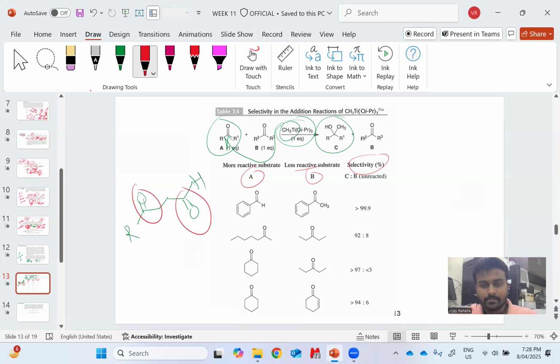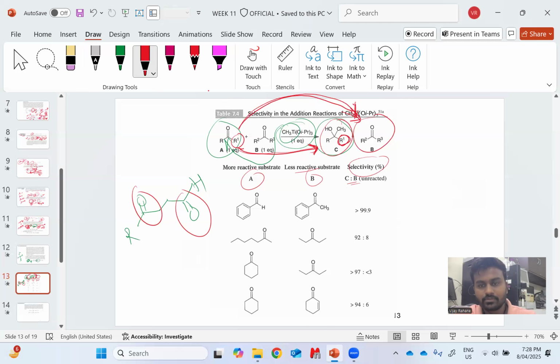Particularly here in this case, we have the ratio C to B, that is the reactivity with the substrate A, because this is the R1, so R1 comes from this R1 here. So when this methyl titanium triisopropoxide reacts with the substrate A, at that time we get the C, and when it reacts with the B, at that time we get the